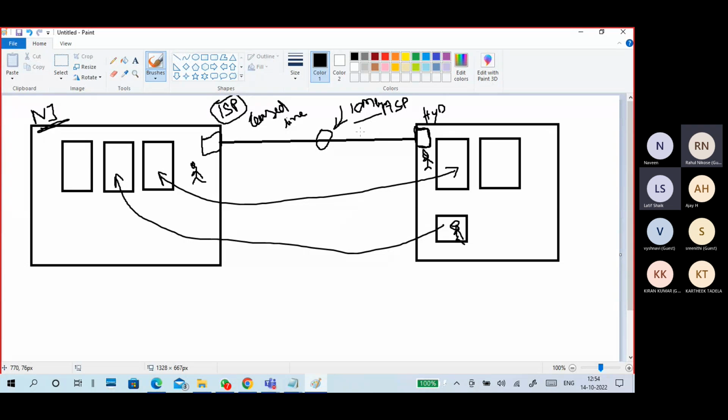That is called a dedicated line. Guys, dedicated lines does not mean they take a wire from the New Jersey office to the Hyderabad office. They don't connect any wires directly. The ISP will take care of passing the data through a particular line.